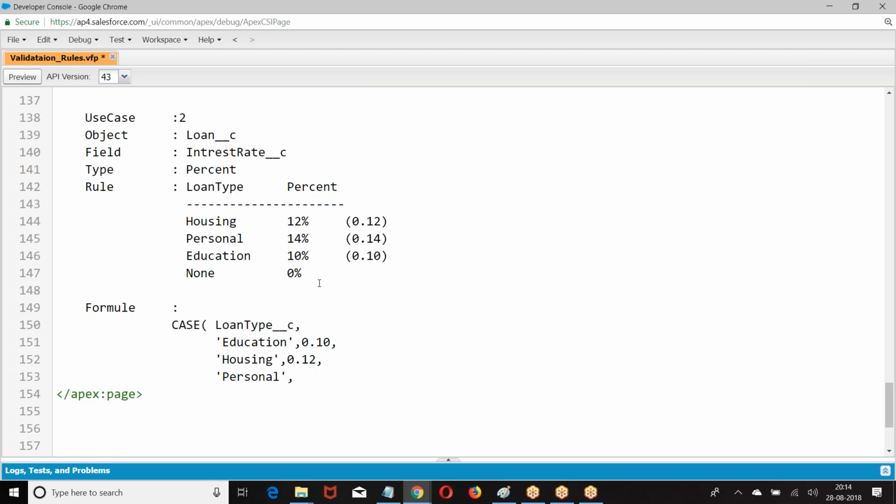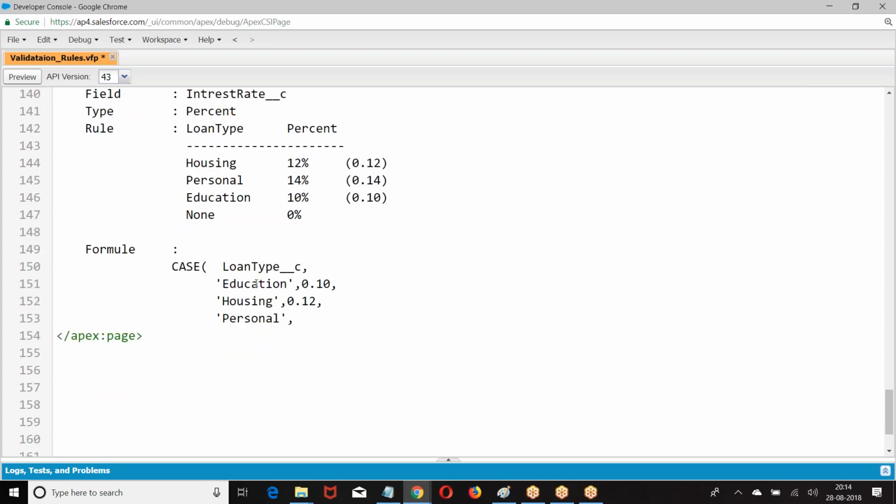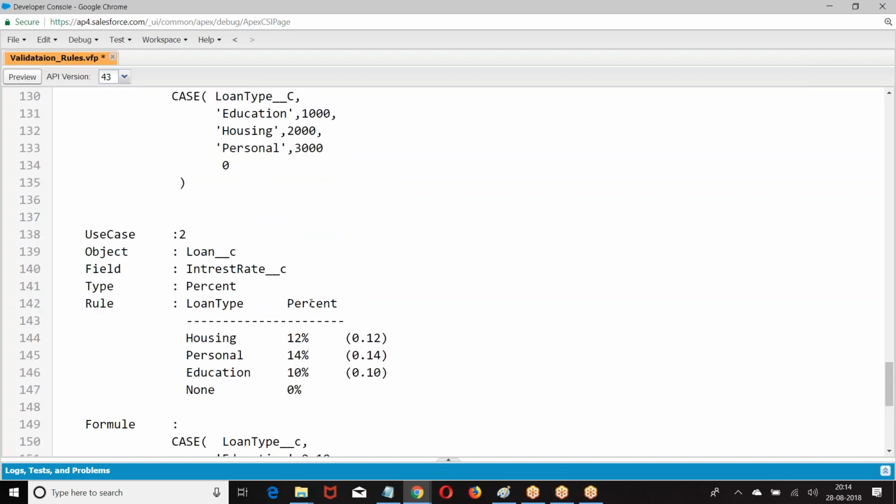Why are we creating it for the loan object? Now based on the loan type only, the interest will come. The user may choose any type of loan they want. So the user will not enter what the interest rate is. The system will have to generate the interest rate. Interest rate should be generated by the system, not by the user. So housing, we have personal. Right. The third one.